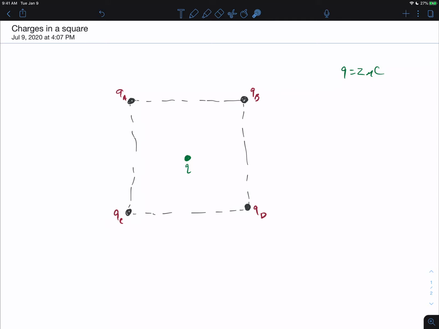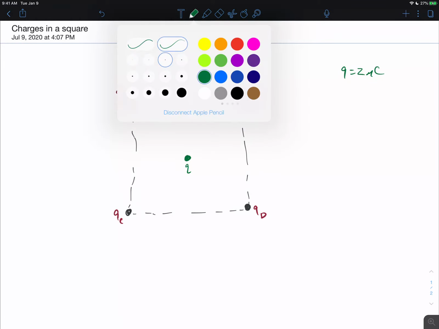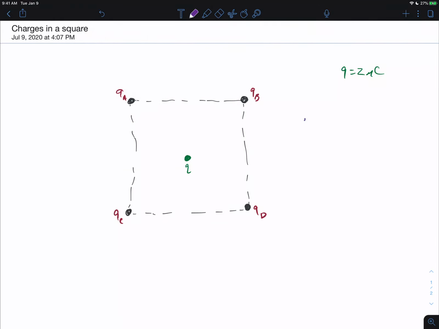But what we're going to do here is look at the force from each, right? And then we're going to see how this changes if these are positive or negative, or what if we change one of the charges for a different magnitude. So getting started here, you'll see maybe in the beginning that all my charges will be the same. So we can do this by showing something like